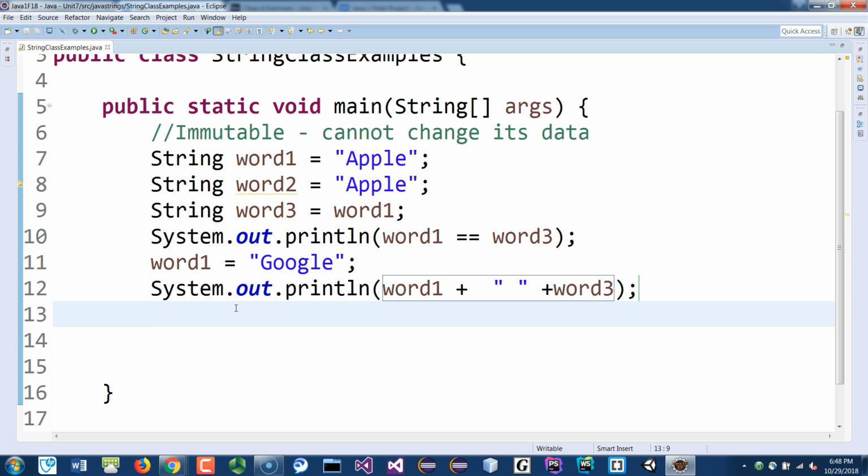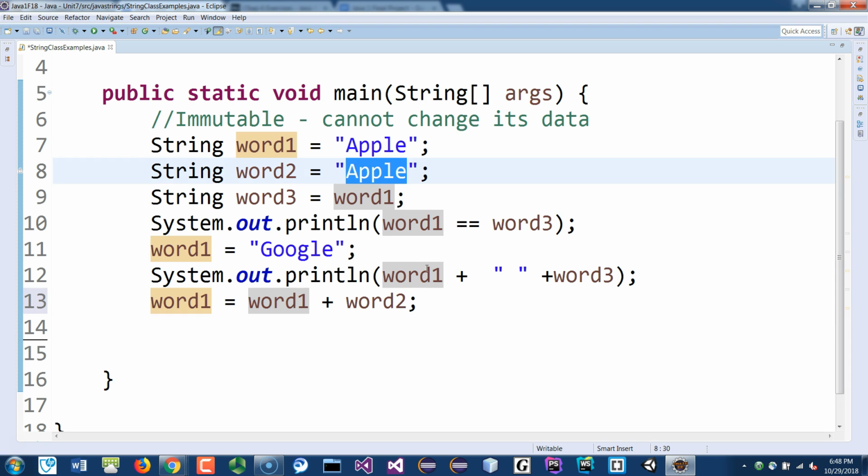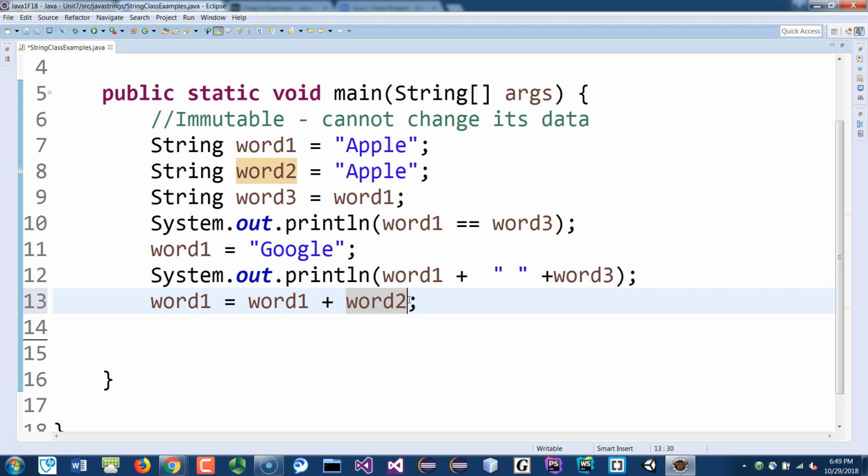And you may think, okay, if I do word 1 is equal to word 1 plus word 2, you're adding word 2, which is Apple, and we'll make 3 here. So it's Apple Google to 1. And the way you see it is, okay, I'm appending the word Google to Apple. It is not. It does add the Apple and the Google together, but then it recreates this